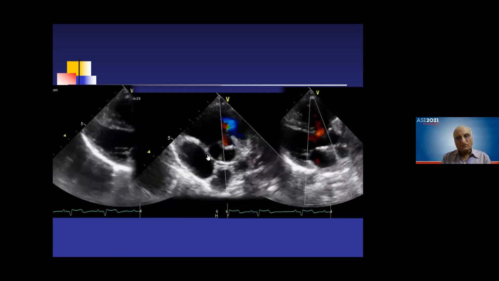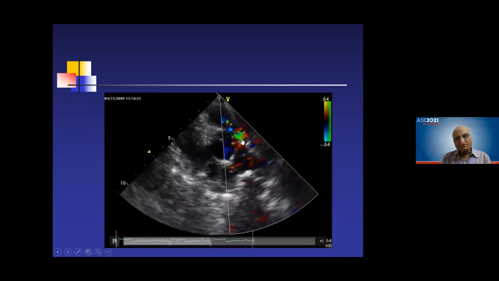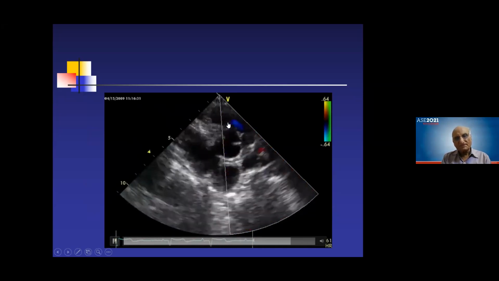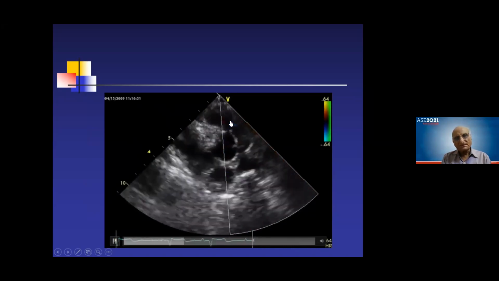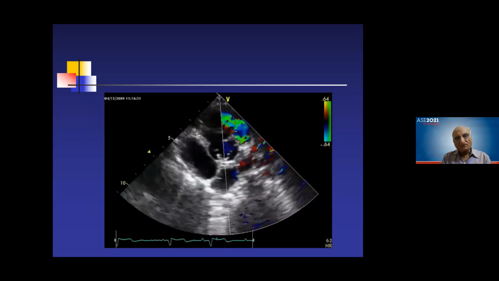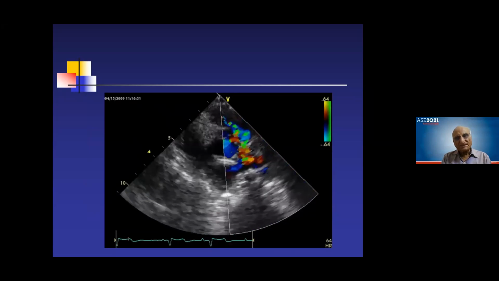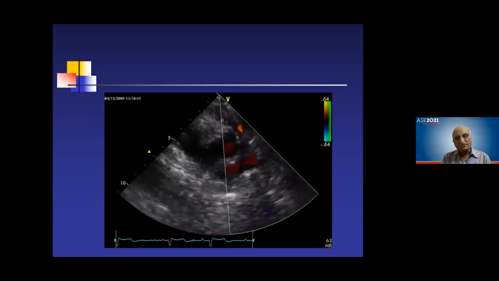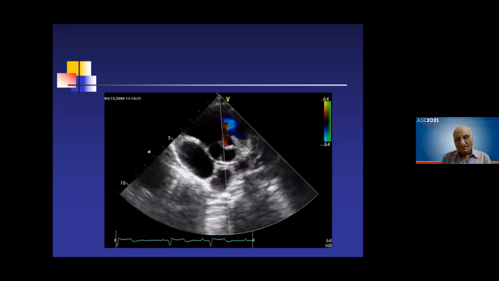But when we go to this, you see again, this is the pulmonary wall and the turbulence starts here. That means there is an infundibular pulmonary stenosis, because this is the pulmonary wall and the turbulence starts from here. So all four things are satisfied in this case: RVH, VSD, aortic override, and a severe pulmonary stenosis from an infundibular region. You see the turbulence starting here.